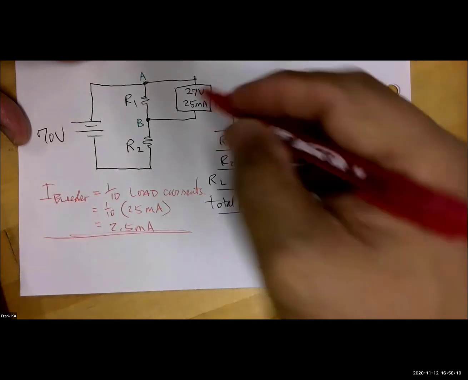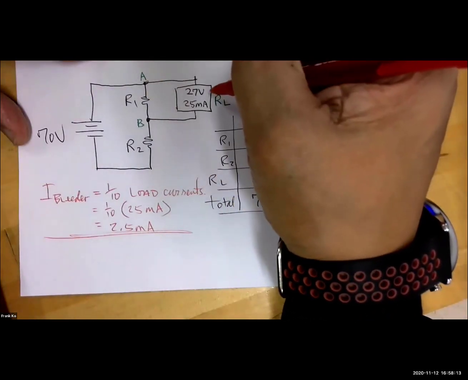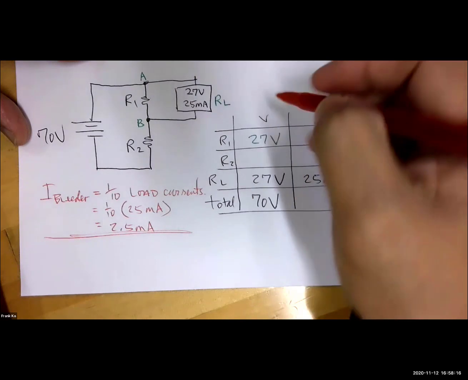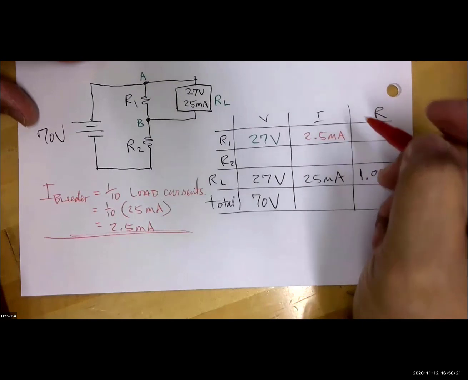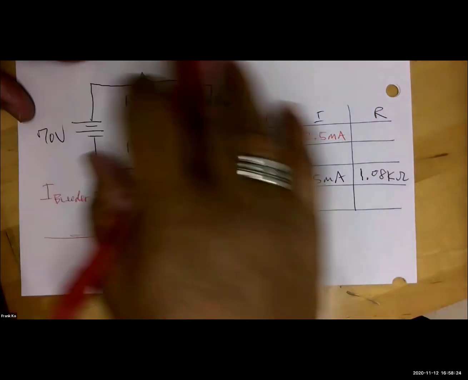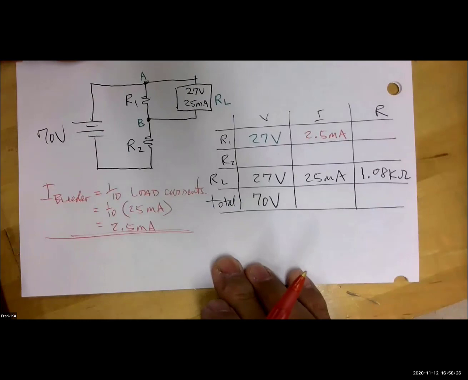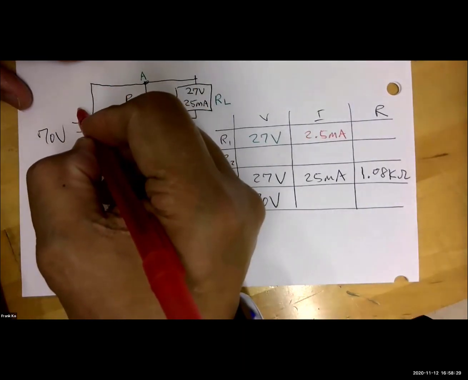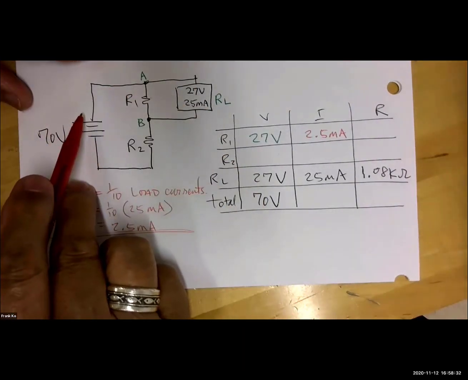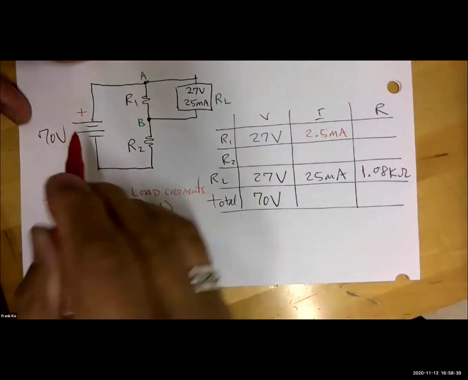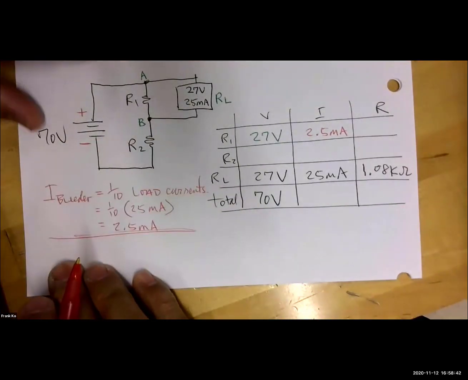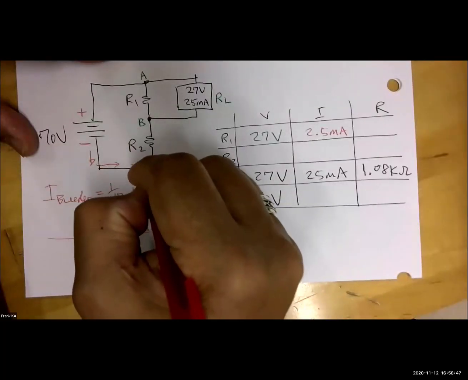So the bleeder is in parallel with the load, and this works out to be 2.5 milliamps. So at this point, what I'd like to do is put in polarities, and let's draw how the currents are working their way through this circuit. The top of the voltage source is what polarity? Positive. The bottom of the voltage source is negative. And the electrons leave which plate of the voltage source? Negative, correct. So they will come down, flow to the right, come up,